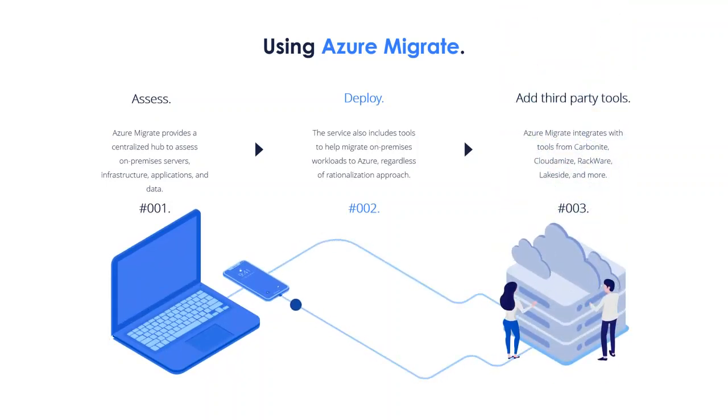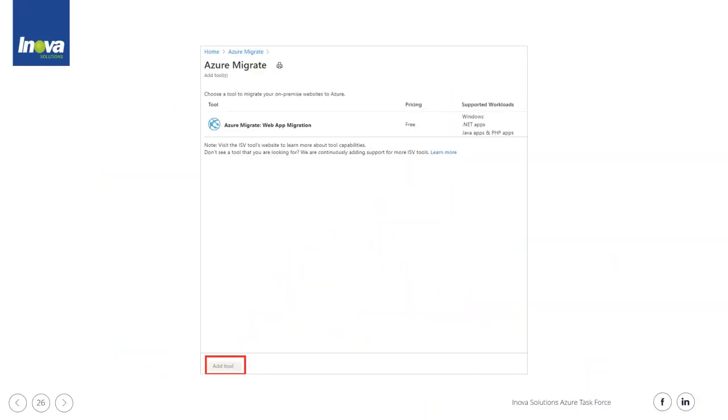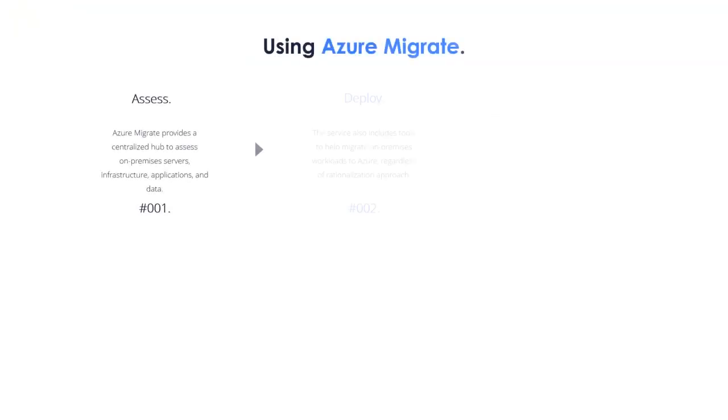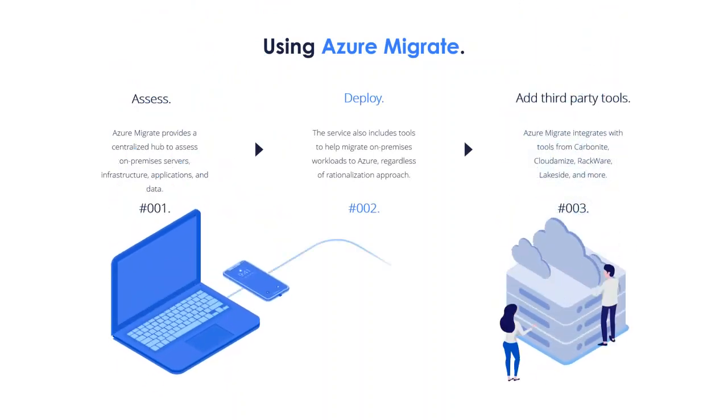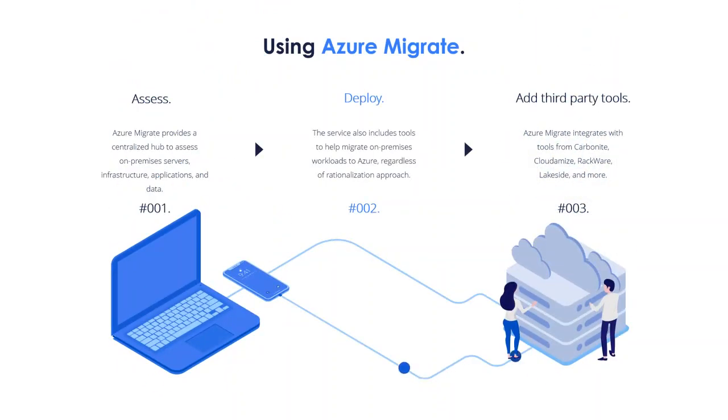And those include simple tools like Azure Site Recovery that allows you to take those on-premise workloads that you want to simply lift and shift and completely replicate to the cloud. But it also includes tools to do migrations to platform as a service. We saw one before for an Azure SQL, but you can also migrate, for instance, a web app to an app service plan. And what's more is that all of these tools, both the assessment and the deployment tools, are